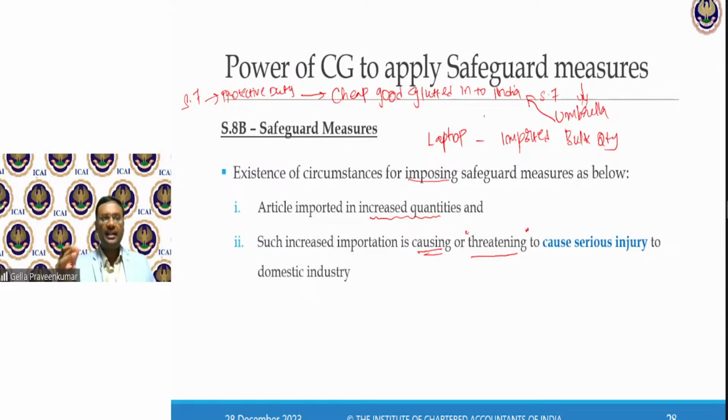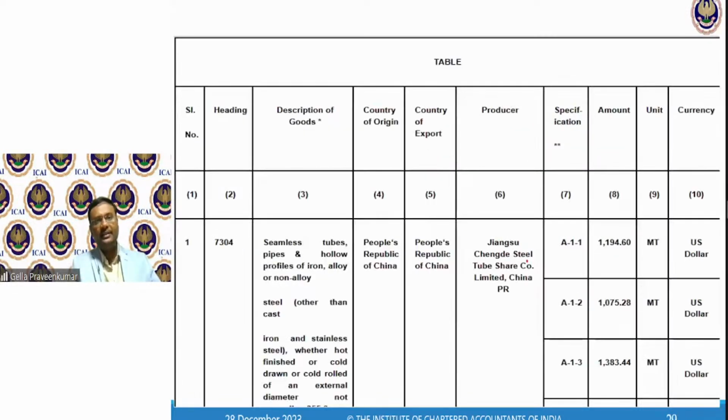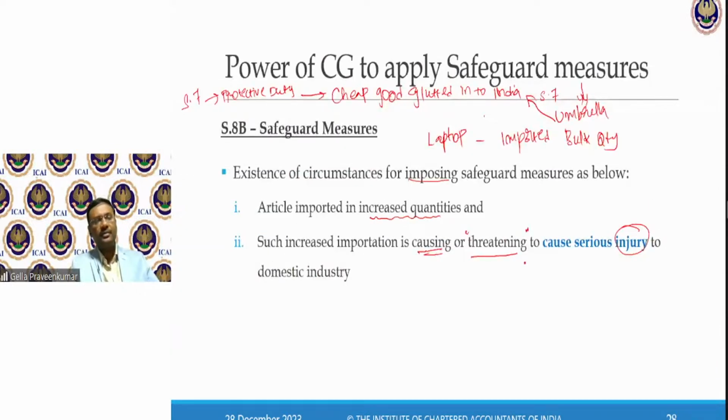If they feel that over a point in time some goods are getting imported in bulk quantity, and that import is going to cause an injury to the domestic business, then 8B is going to be invoked. What does 8B say? They levy something called safeguard duty. Basic customs duty plus safeguard duty. In addition to this, regular IGST and cess is levied.